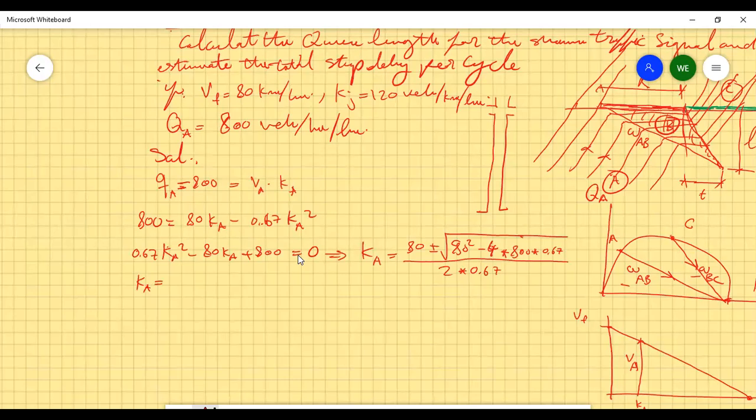So KA equals 108 with the plus sign, and with the minus 11. Exactly 11. So here it should be 109? Right, it is 108.3, so here 108.3 and here 11.7, because if you add both you must end up with 120